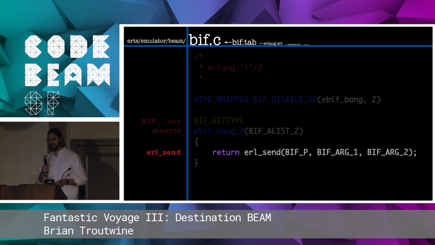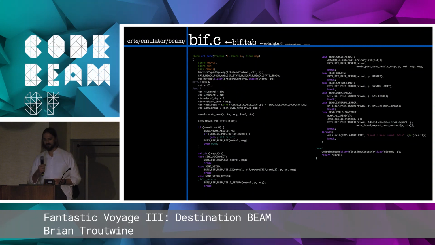So let's talk about Erl send. Oh, incidentally, bif_p is a macro that says the process bif_arg a is the first argument of the et cetera, et cetera, et cetera. They are actually named pretty well. I have no idea what a underscore underscore p is. So bif.c, if we look for Erl send,